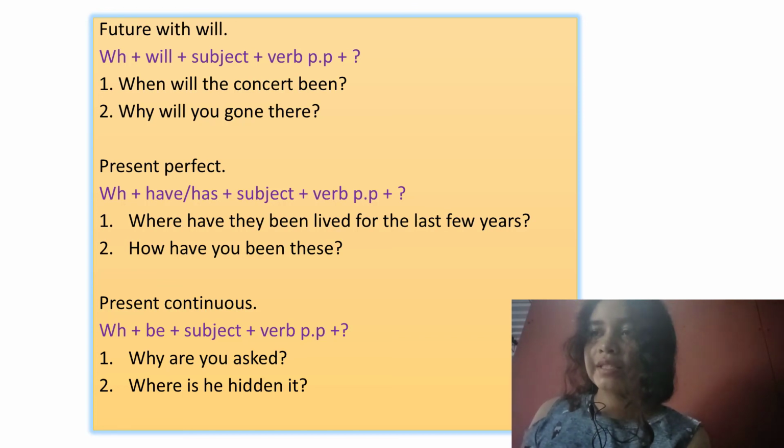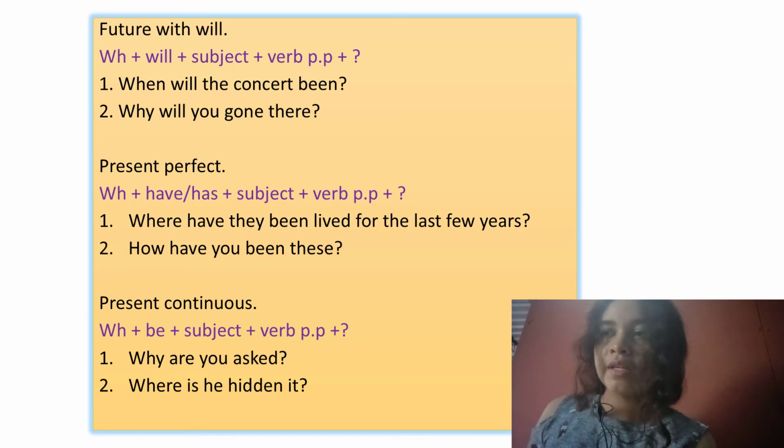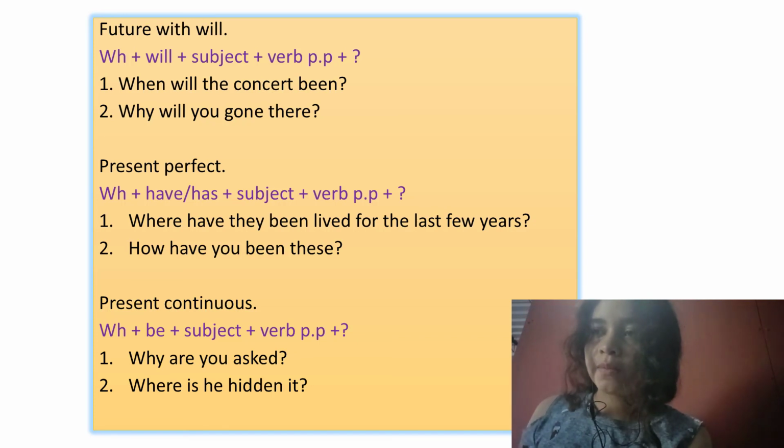And the last is the present continuous. The structure is WH word plus be plus subject plus verb in past participle plus question mark. And I have two examples. Why are you asked? And the last one, where is the